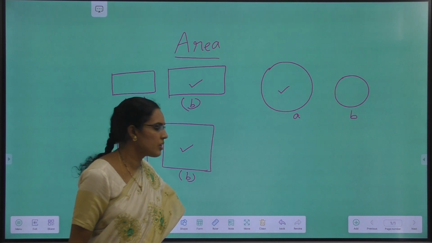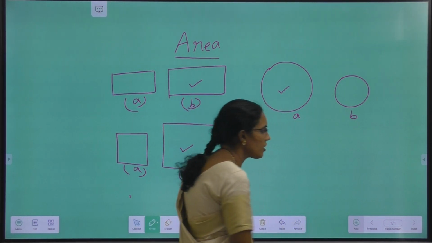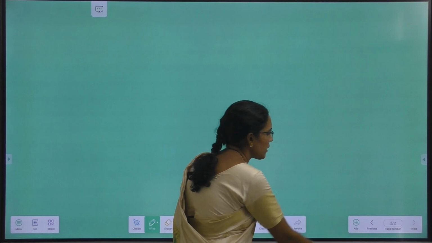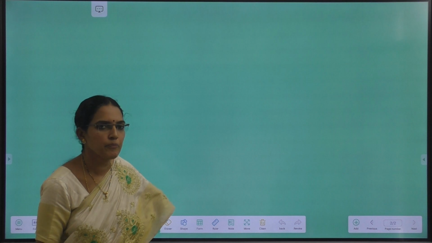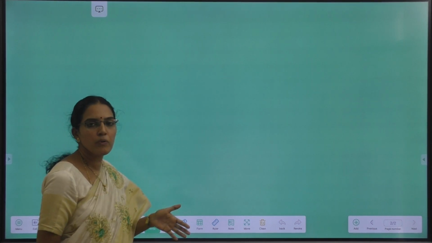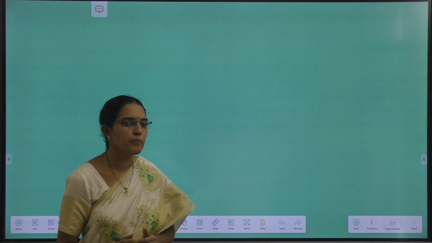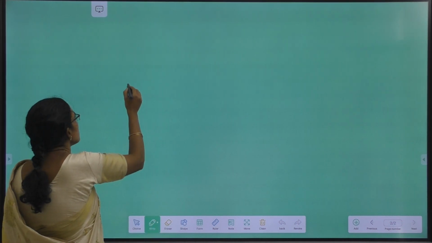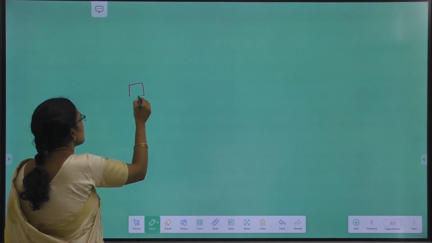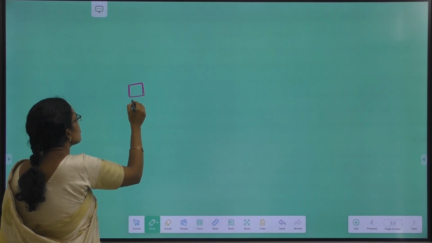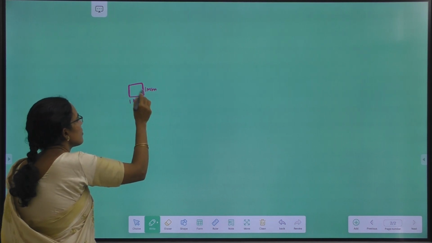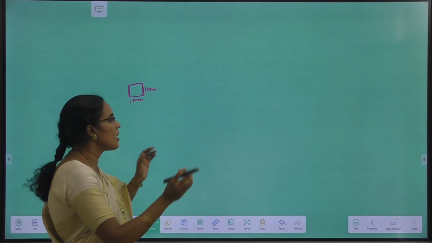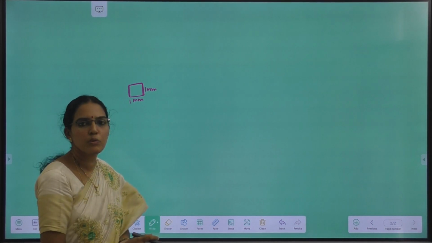Then how to measure the area? Now we will see how we can measure the area. For measuring area, we use the basic unit square. How many squares a figure is occupying, that much is the area of that figure. Now we will use millimeter square. If it is a very small region, then we use millimeter square. One side is 1 millimeter. If each side is 1 millimeter, we call this a millimeter square. How many millimeter squares that region occupies, that much is the area.